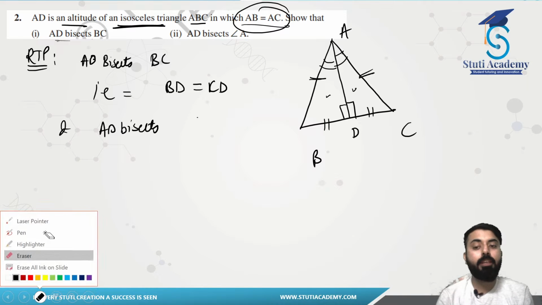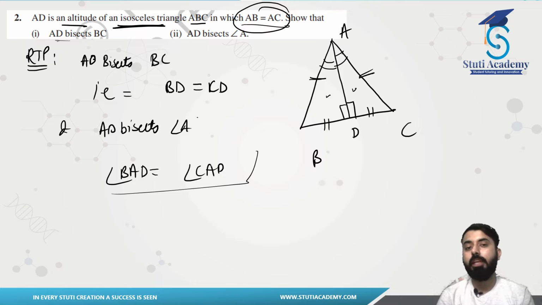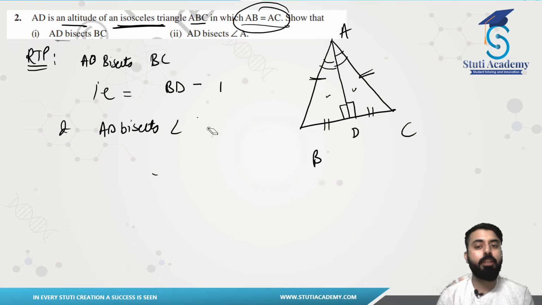AD bisects angle A. That means angle BAD should be the same as angle CAD. We have to prove these two. Now for this, what can you do here? What can you see in this? I can see, if I erase this portion,